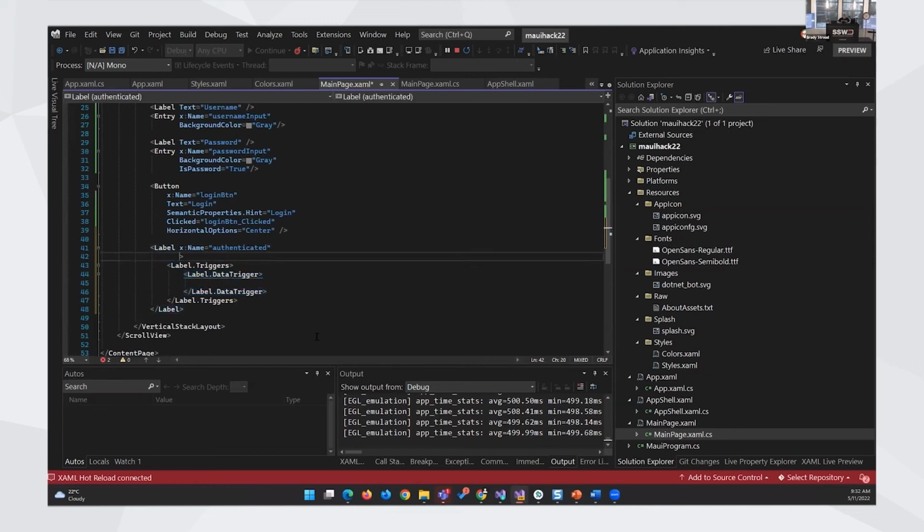I think also here we do need to set a binding context to the actual page itself. Let's go source of reference. And then we just want the MAUI Day example. Hopefully that will do it. So what do these take? They take a